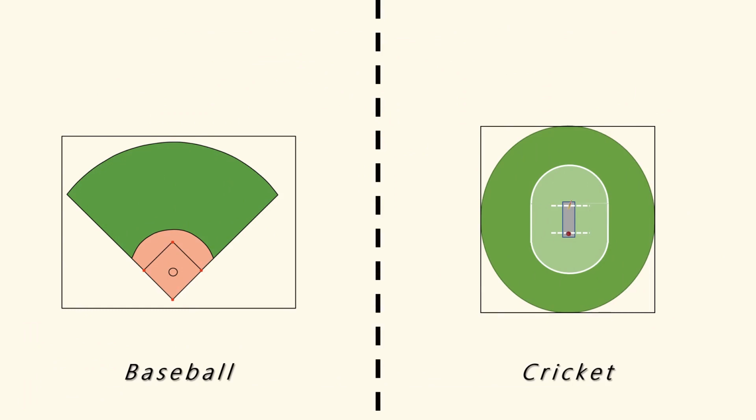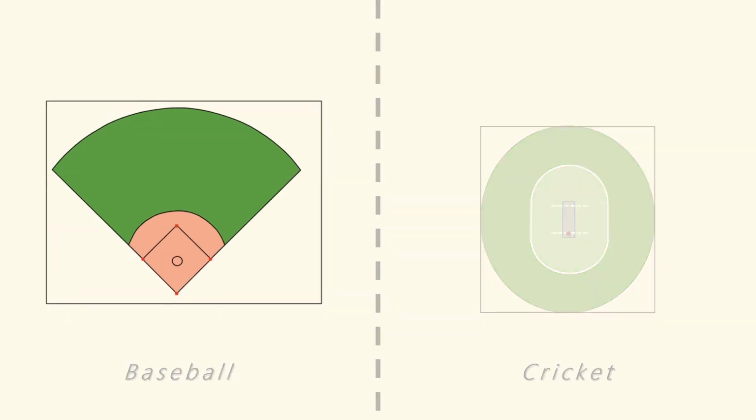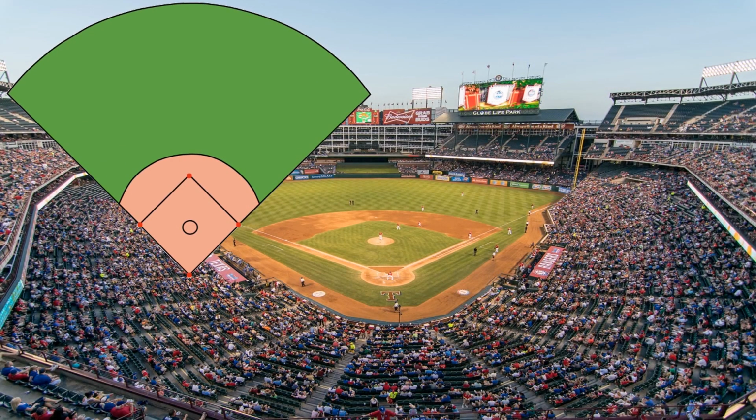Let's start by comparing the two sports by first comparing their grounds. Baseball field is almost square in shape and cricket is played in an almost oval field. Baseball field is generally called a ballpark. It's a big ground and there are areas like the dugout, which is where the players and managers and coaches sit when they are not playing on the field or they are not in the bullpen.